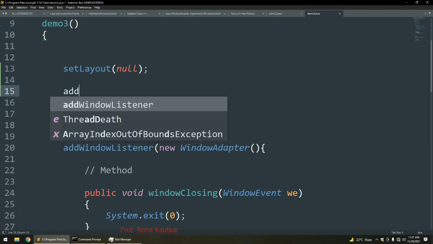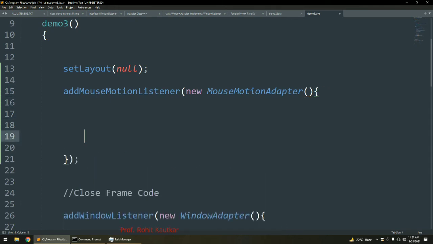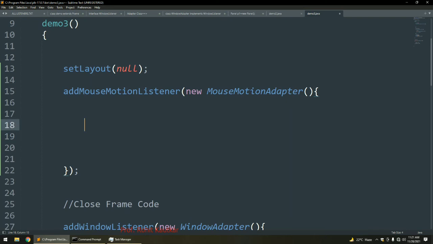So addMouseMotionListener. Which registration method have we seen? addMouseMotionListener. And here I am going to use an adapter class. What is the name of the adapter class here? new MouseMotionAdapter. The name of the adapter class is MouseMotionAdapter.